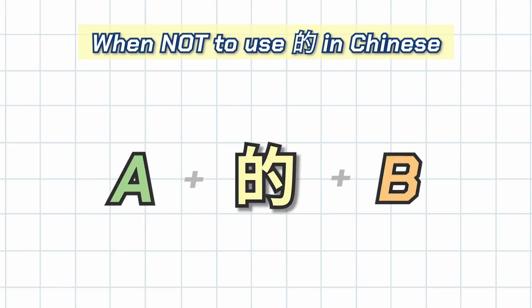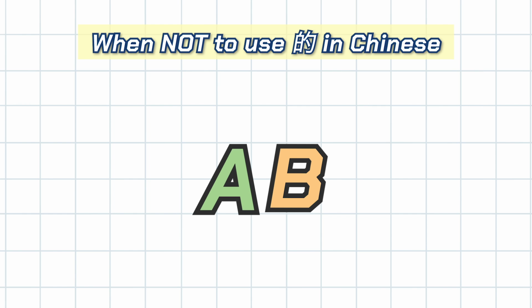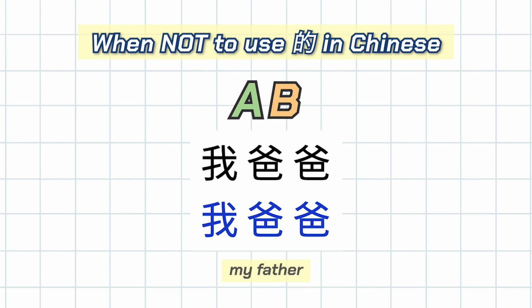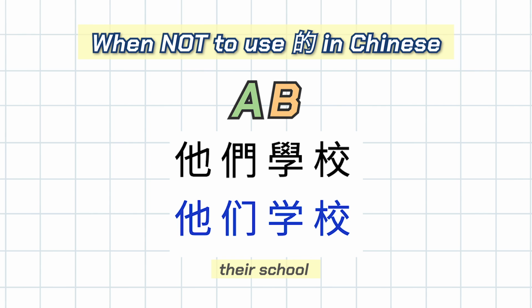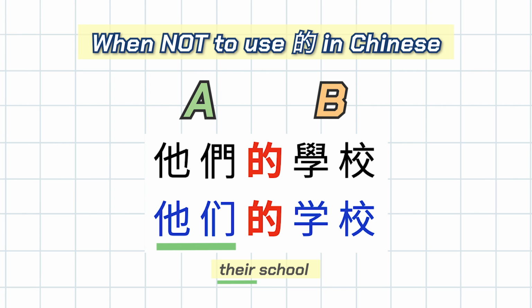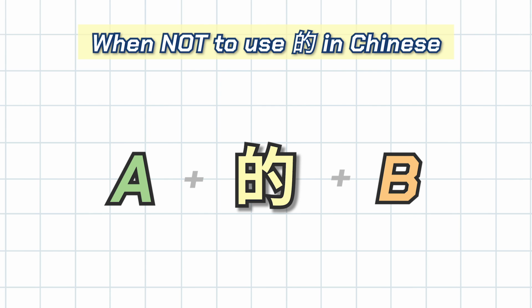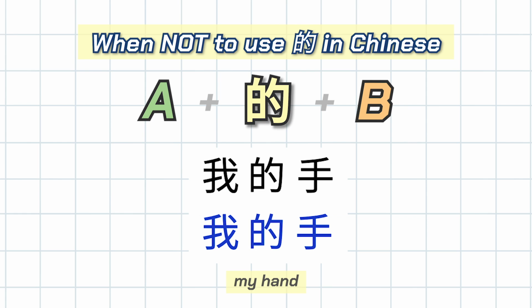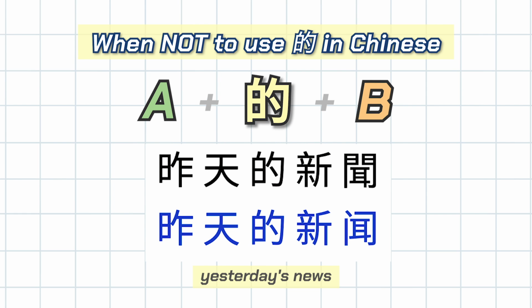Alright, I understand that's a lot of information, so let's do a quick recap. Generally speaking, when two words are often used together as a single unit in both idea and function, we tend not to use 的 between them. For example, 我爸爸，我家，他们学校, etc. We will add 的 when we want to put more emphasis on the first word. Like if I said 他们的学校, it emphasized that it's their school, not ours or yours. For other words less commonly used together as a unit, we normally add 的 to them, such as 我的手，昨天的新闻。